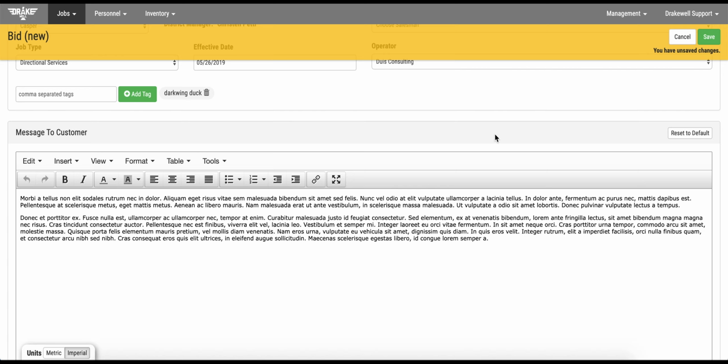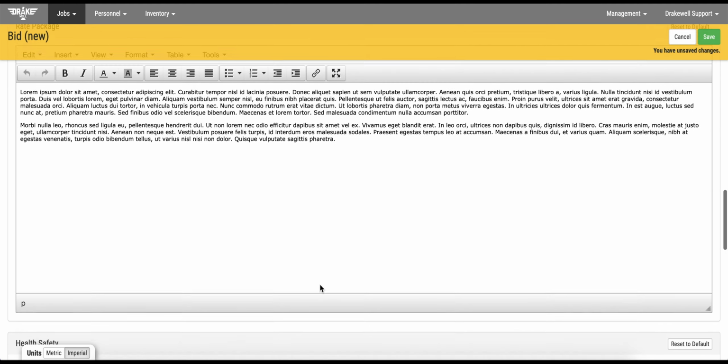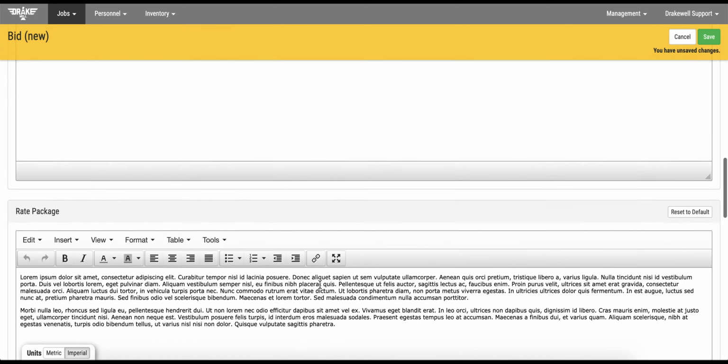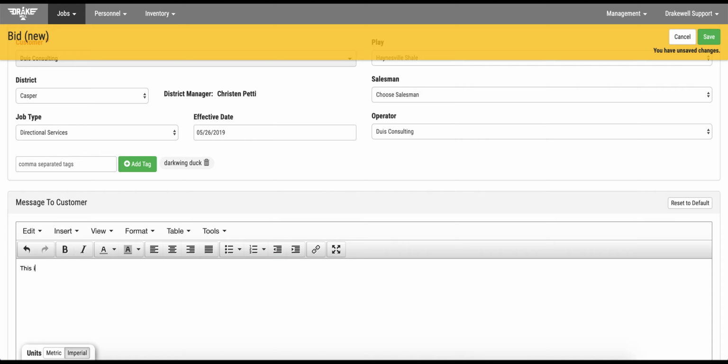There are a few fields that are below. A lot of them are default things, and I will show you where you can enter them. So I'm going to say reset to default, so this is going to pull the message to the customer, the rate package, the health and safety and terms and conditions from the template that's set up in Drakewell by someone else, most likely. Once I've reset it to default, I can change this and I can say this is my